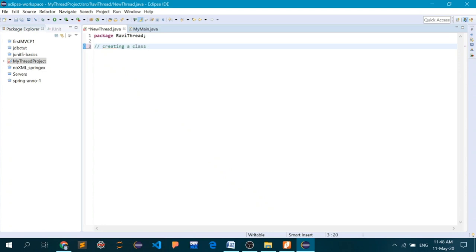class which implements the interface Runnable.